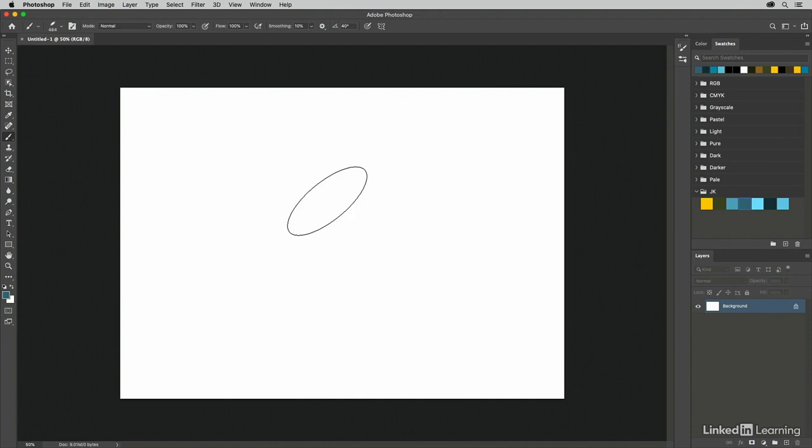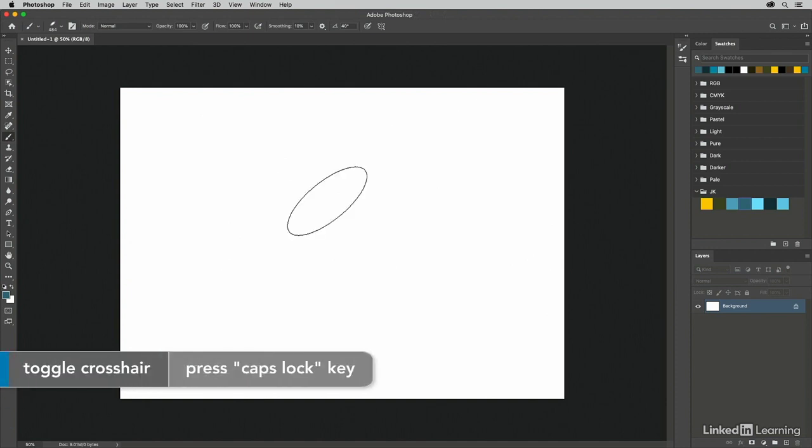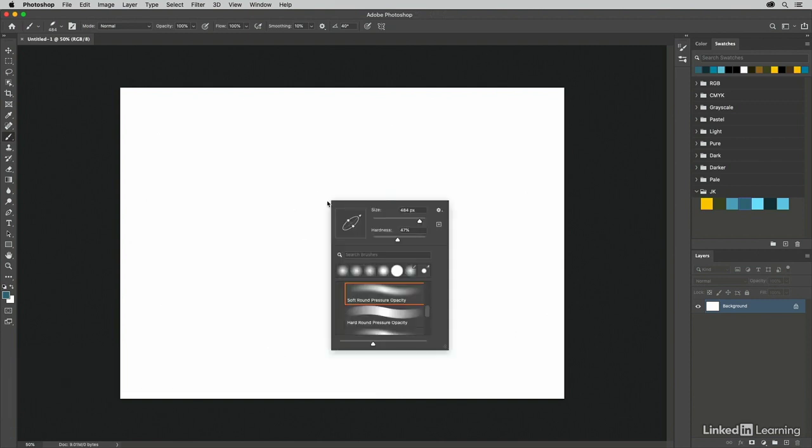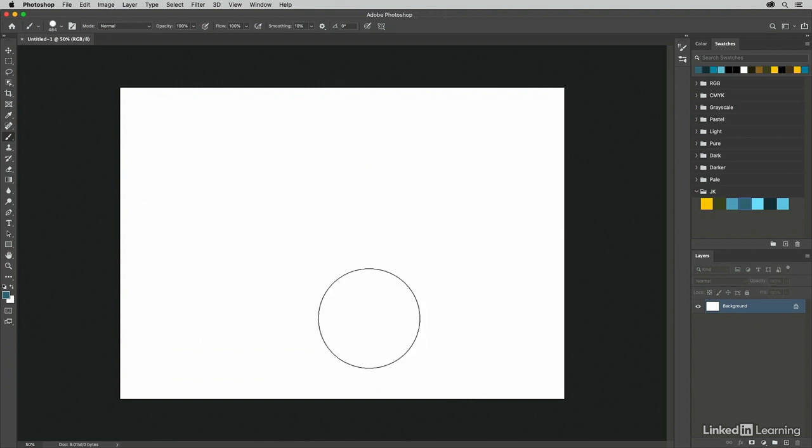If you ever just see crosshairs in the image area instead of the brush size, it could be that you have the caps lock key enabled. So just disable that and you'll see the preview of the actual brush size. Now I'm going to right click, or again on Mac, that's a control click in the image area to access the brush preset picker. And I'm going to scroll up and choose the hard round brush and then tap enter to dismiss that window. I'll use the left bracket key to just get a little bit smaller of a brush,